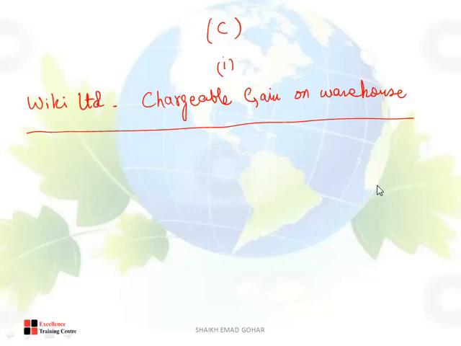How to calculate chargeable gain? Remember, proceeds less cost is your gain. In companies we have unindexed gain, indexation allowance, then chargeable gain. So see the question please. Wiki Limited sold a freehold warehouse on 3rd of Feb for how much? So these are the disposal proceeds. How much? 312.